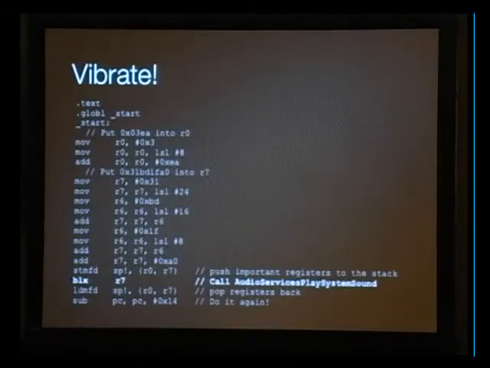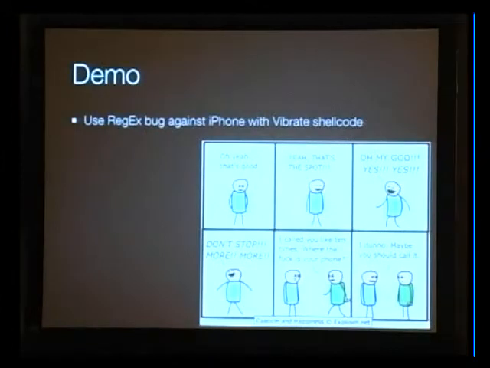Okay, and here's the shellcode. It's real straightforward. All you do is load 3EA into R0 and the address into R7, branch to R7. So branch is like call in x86, and then you loop and do it over and over and over again. Okay, I'll show you my demo. So this is a phone. It's running an old version, version 1.1.4. So this is the one that the regex bug still works on. So I'm going to exploit